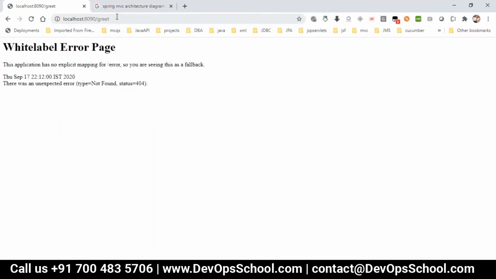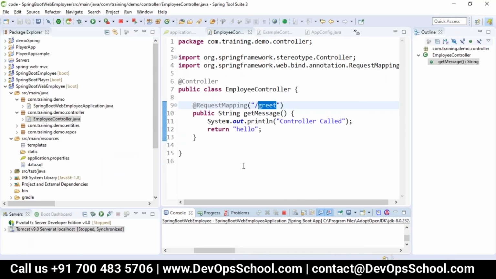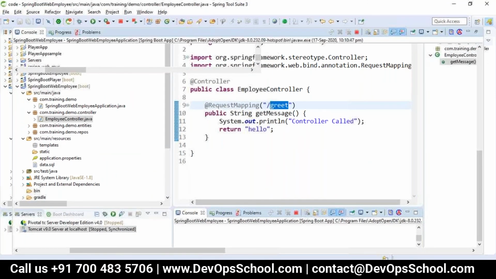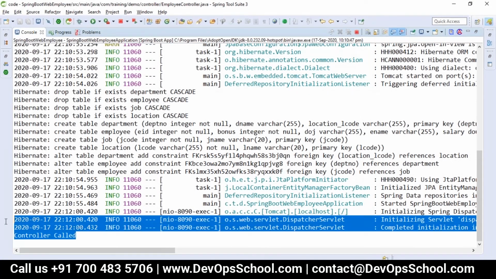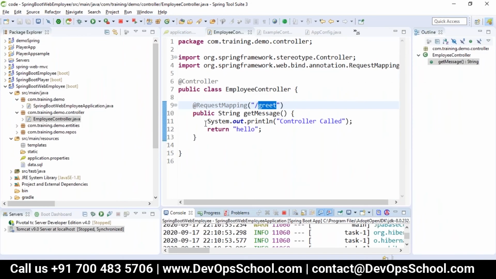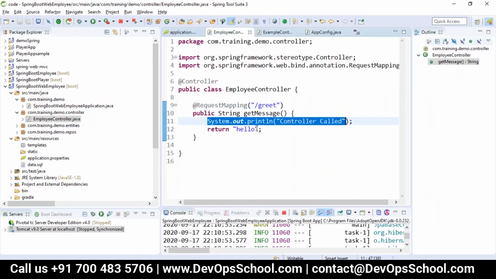When we send the greet here, it says no explicit mapping for error, but the unexpected error is 404. When you see it in the console, it is showing the controller got called. This is working, but it is giving 404 because there is no hello present in your application.